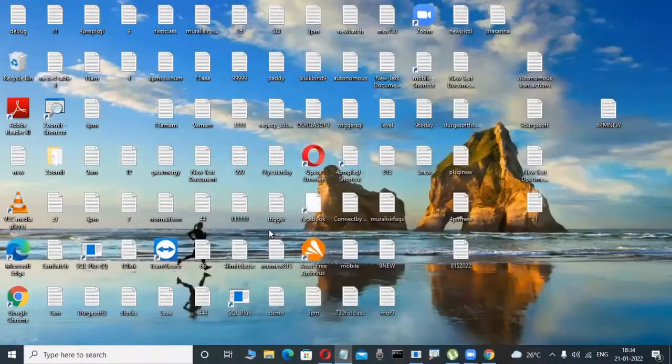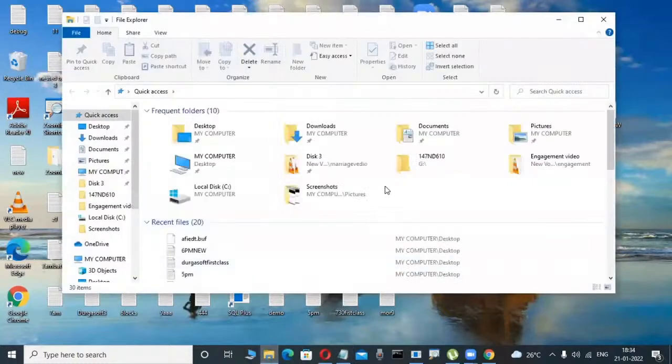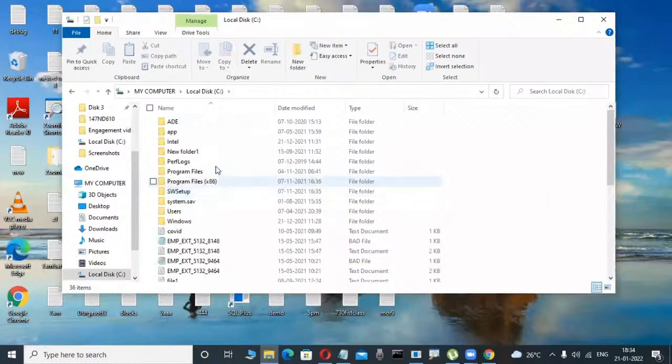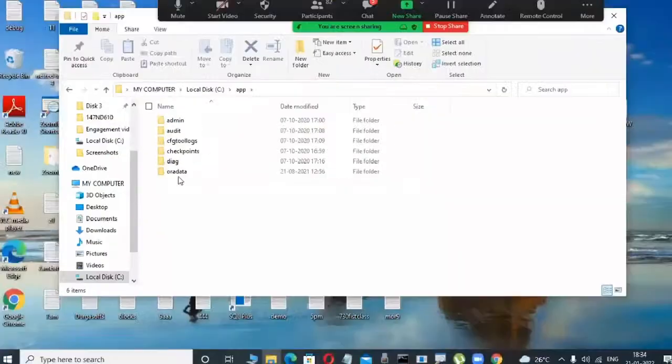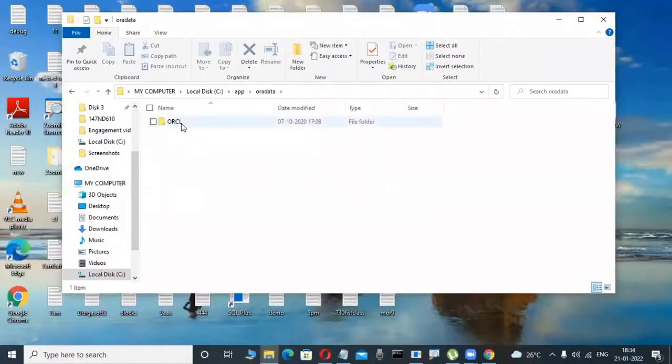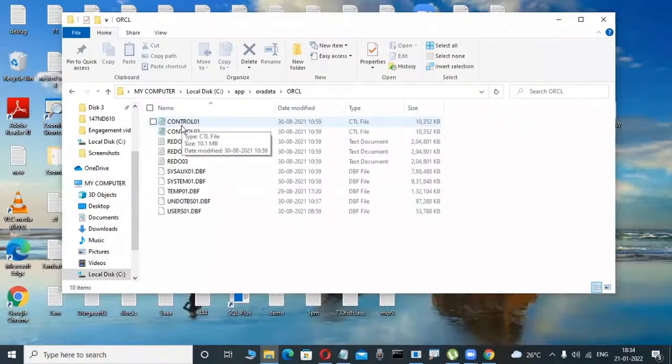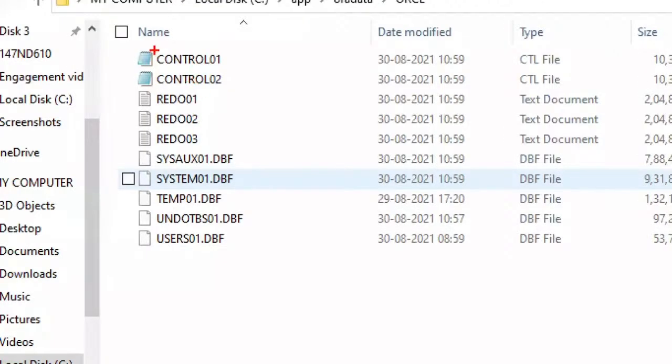Now I'm interested to view whether this table is created or not in my operating system. Suppose a Windows operating system is there, where Oracle is installed. In that location, I try to view, for example, in C drive, where Oracle is there. Those are directories, don't worry, these are folders. Here: Oracle, Oradata, ORCL. I'm observing only. Now in C drive, I installed my Oracle software. In this Oracle software, anywhere,